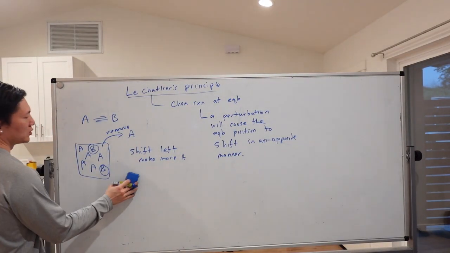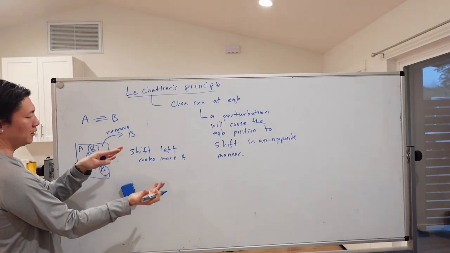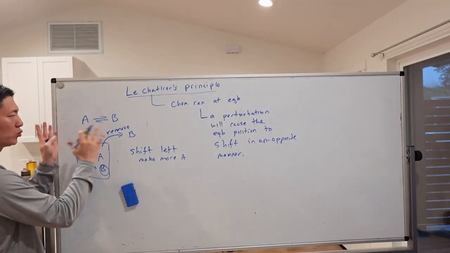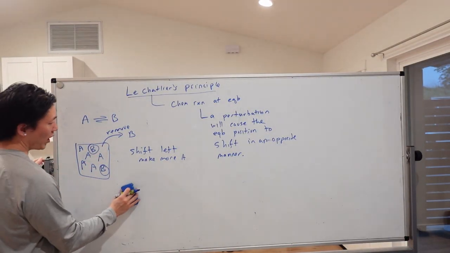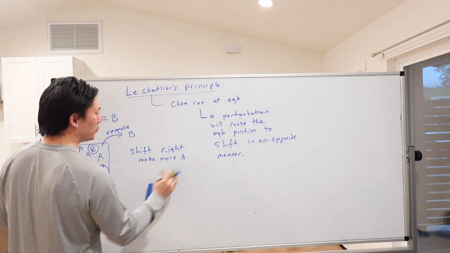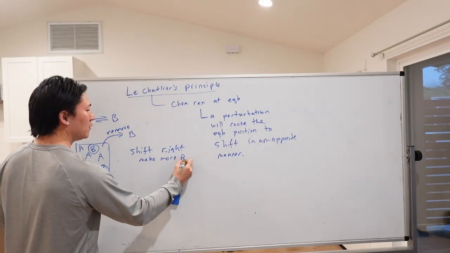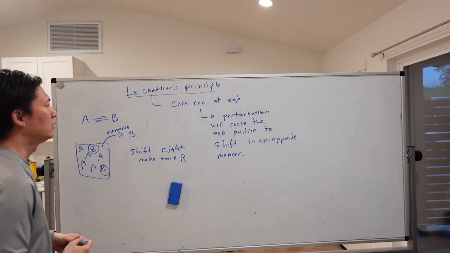And then of course the opposite is true if I remove B. If I take out B, what will happen is the equilibrium says, hey, I have to make more B, I need to shift to the right. Shift to the right to make more B, which would be the opposite of removing B, right? Okay, so